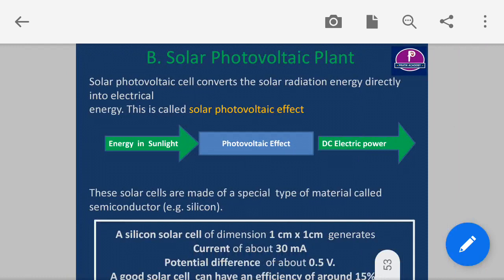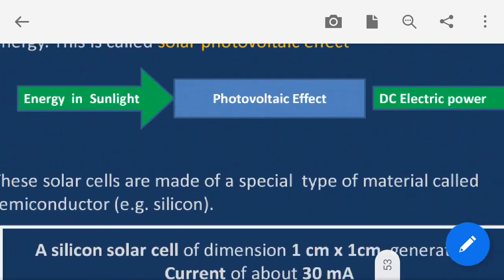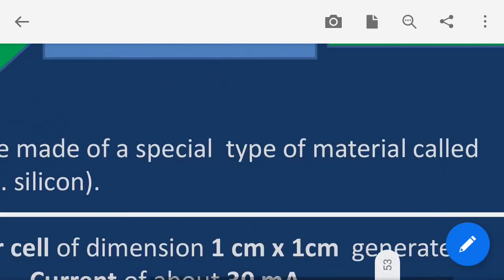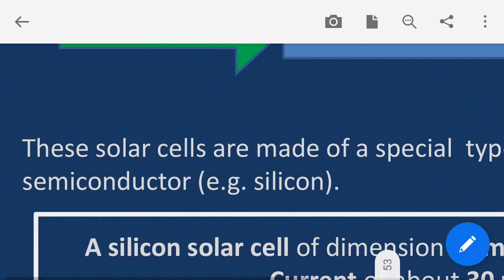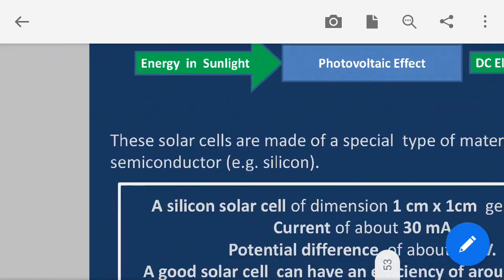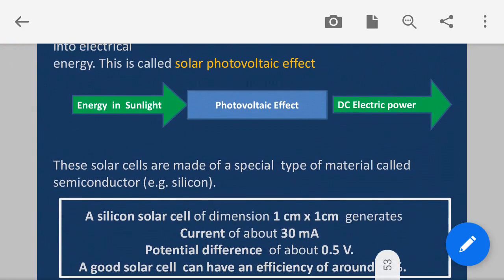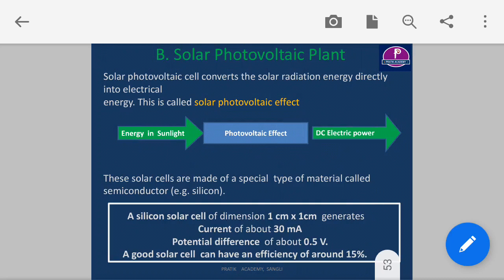Then what is the important element here? The solar photovoltaic cell is very important because in this cell we get the photovoltaic effect. These solar cells are made up of a special type of material, that is semiconductors. For example, silicon. Silicon cells are very popular in case of solar cells. If you want to find out the power generation capacity of a solar silicon cell, then